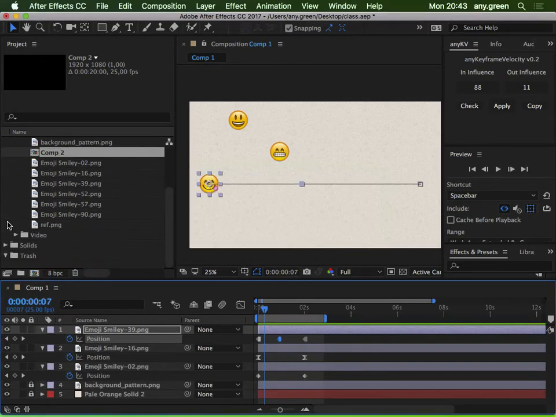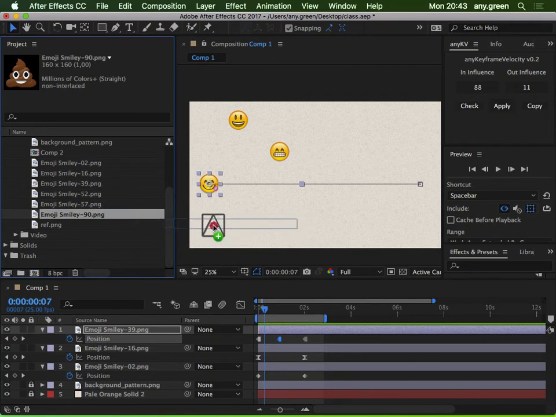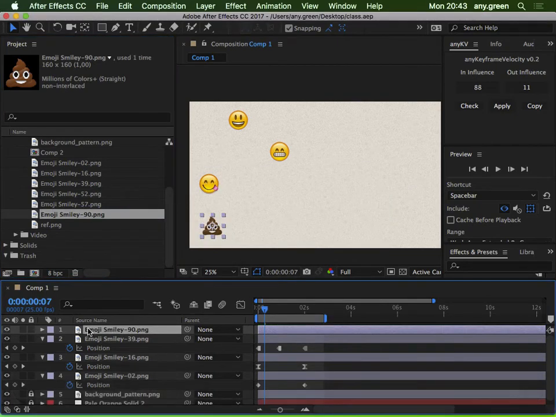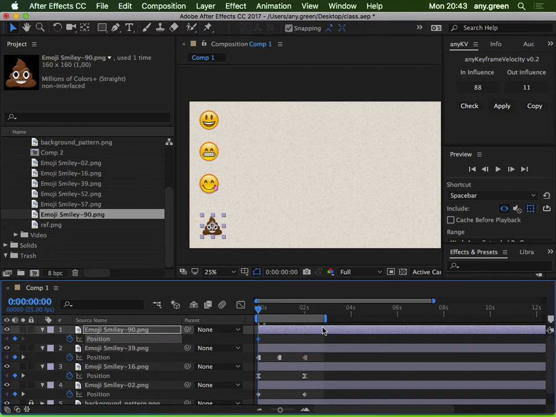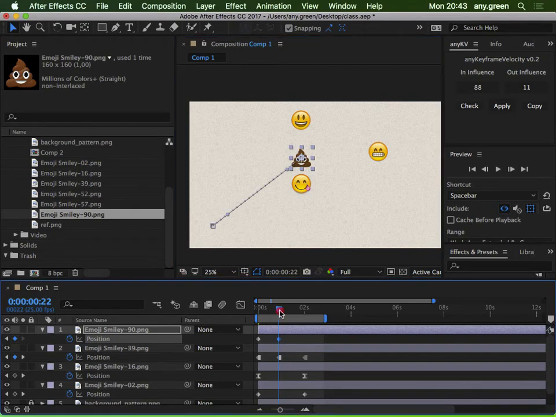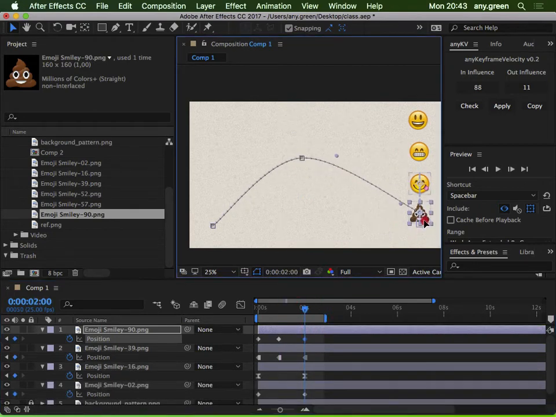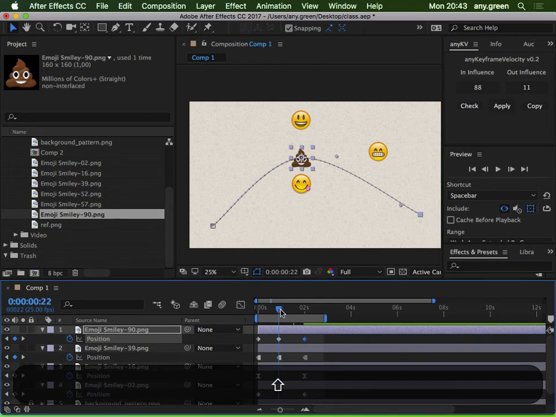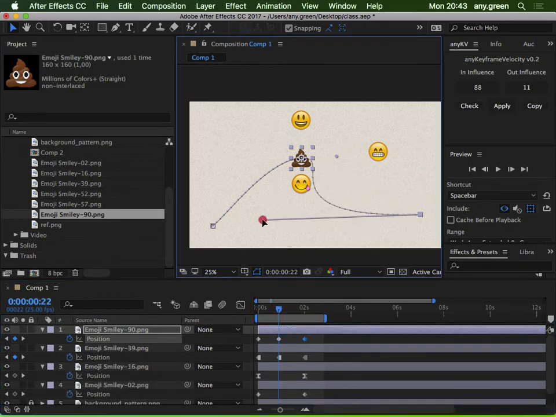So the last keyframe that I want to show, I think I'll do it with this one here. I will do it first, afterwards we do it together. Now, let's say I have a more complex path, like in the composition I just did, where it should move to multiple places. I would hit P for the position, activate the stopwatch, then go a little bit forward. Let's say I go to the center here. There, I want it to be up here. And then I go to the end, and I want it to be down here. But I wanted to do kind of a loop. So kind of this